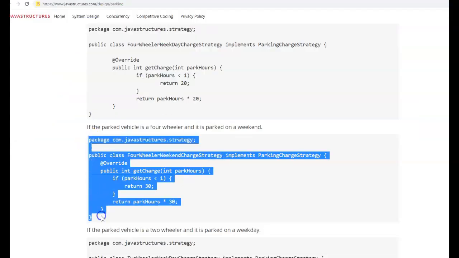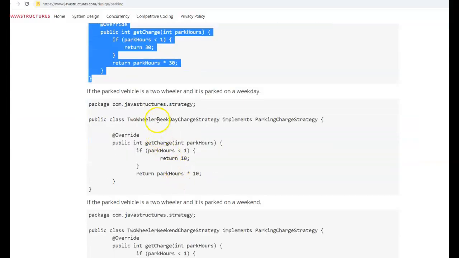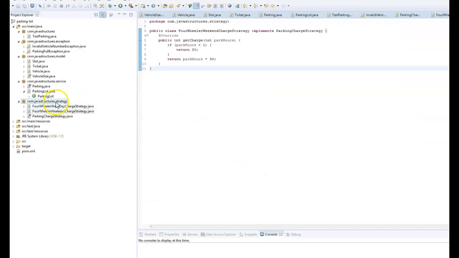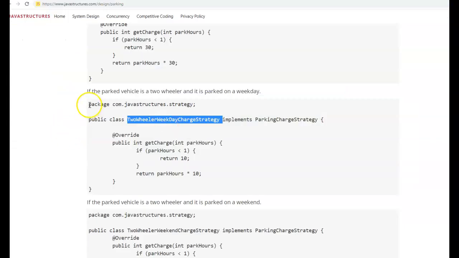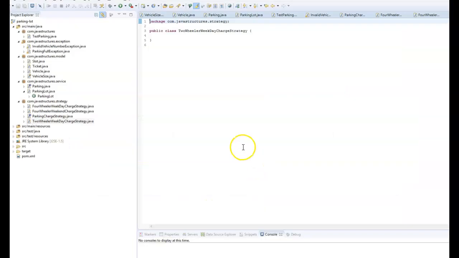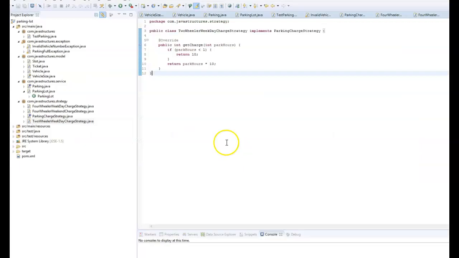This content. Similarly, we'll be creating the 2-wheeler weekday charge strategy, with this content. And finally, we'll be creating the 2-wheeler weekend charge strategy.